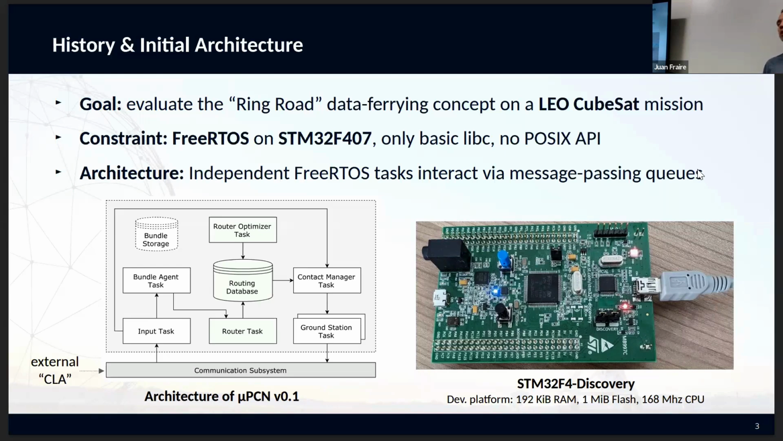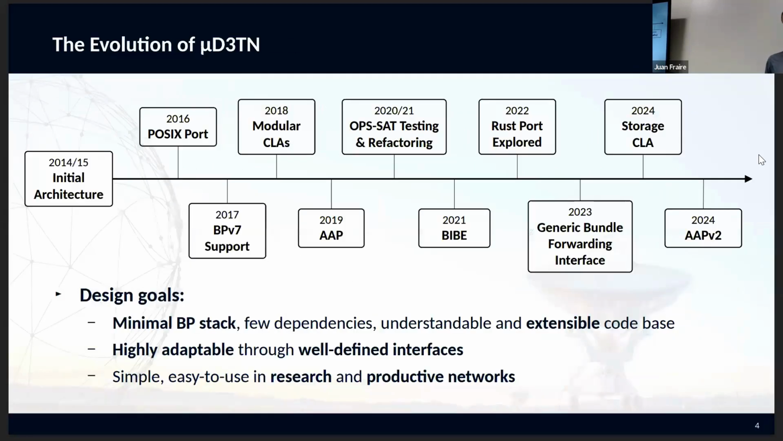The basic architecture was using the tasks provided by FreeRTOS, so kind of like threads in normal operating systems, that interact through message passing queues. And this very basic architecture is still the basis of µD3TN at this point in time, but obviously it looks a bit more enhanced, but we will see that later on. So starting from that initial